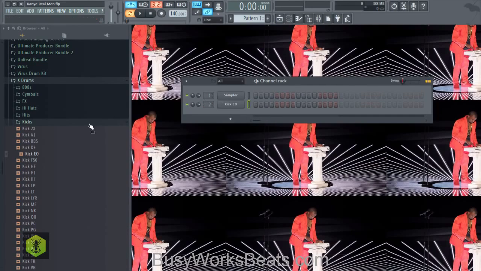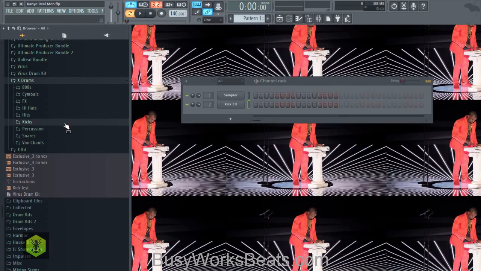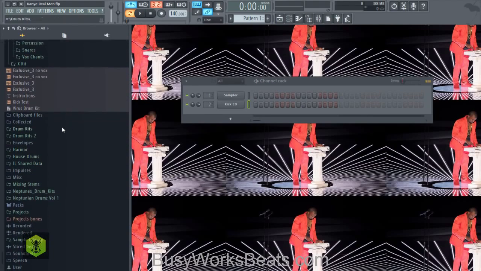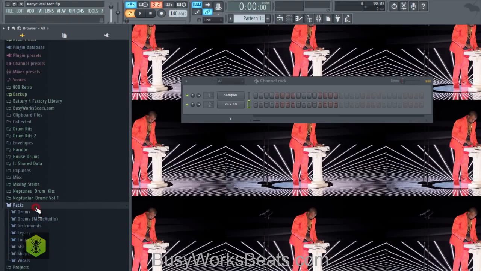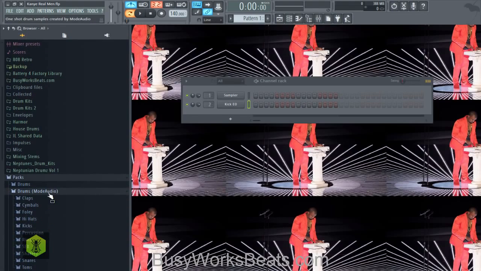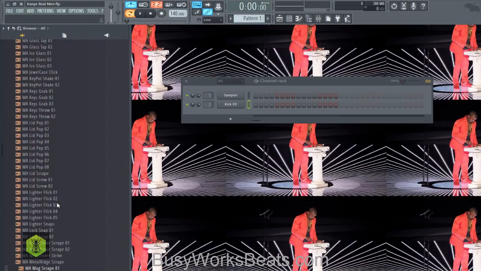Now we need something like a Foley sound to create the snare. So Kanye does things differently, as we know. So let's go to packs in FL Studio's new packs. Let's go to drums in mode audio. And I want to search for a sound called the mug scrape because I found it in the other Kanye West video at